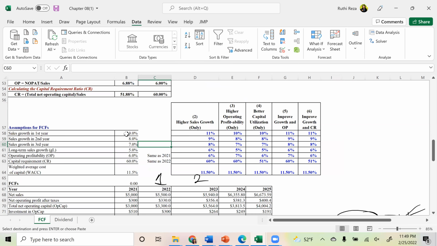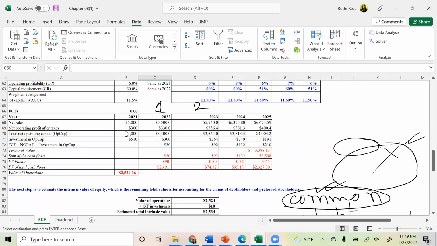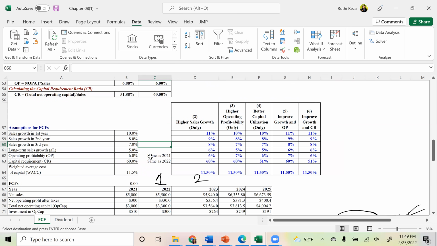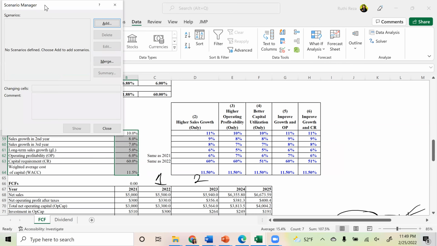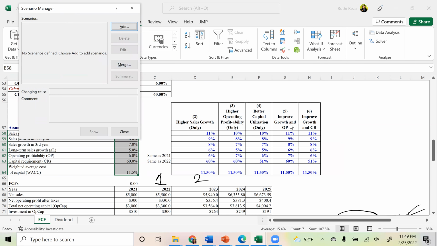Now, remember, we calculated our intrinsic value based on these assumptions. So you're going to just select all of these assumptions and then go to What-If Analysis, Scenario Manager, and then here you're going to add all of these scenarios. So add,